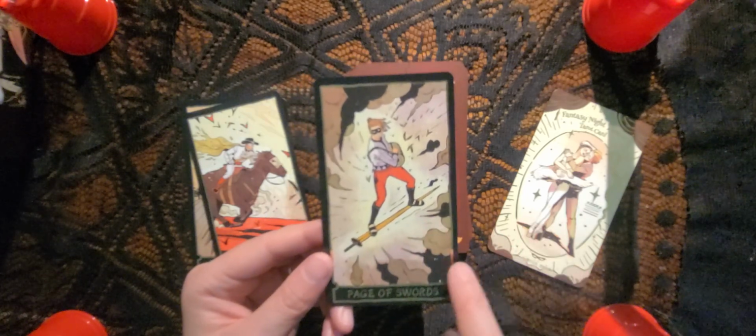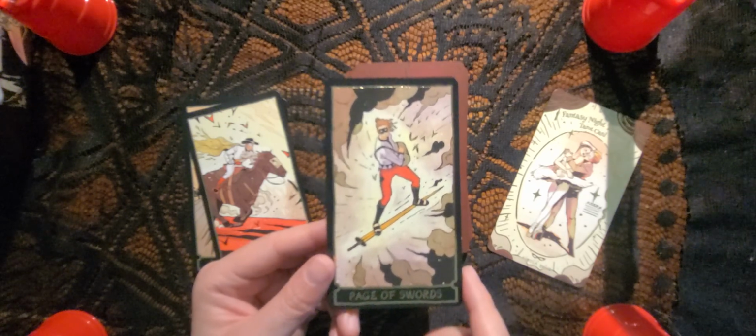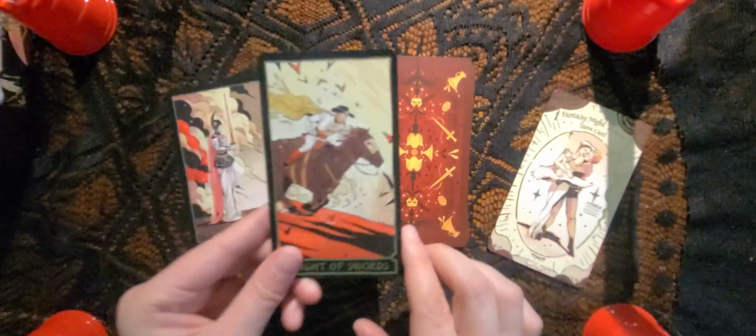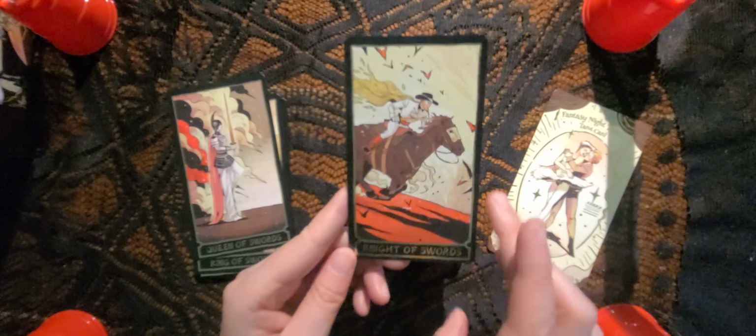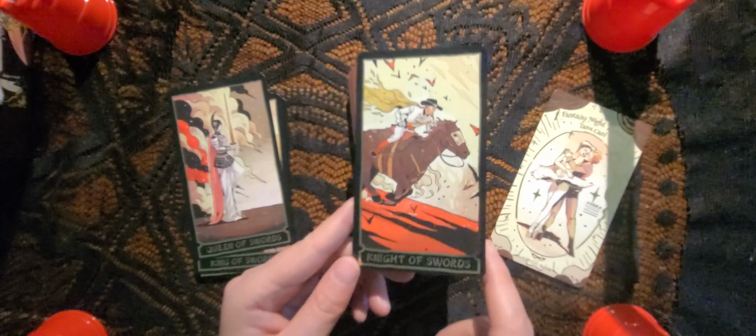You got the Page of Swords right there. He's riding the sword of truth. He's ready to achieve whatever he wants to achieve moving forward. Knight of Swords, he's ready for whatever chaos comes his way. You have that illustration right there. He's soldiering on, overcoming the doubt in his mind, trusting his mind to help him overcome whatever chaos